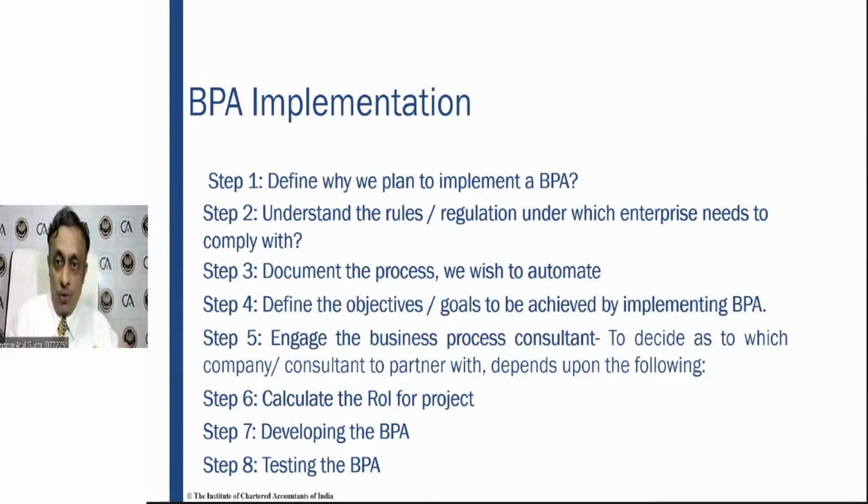Then there's another question. Okay, if quotation was issued, did someone in the company request the product? Was the product needed? So the purchase manager tells, yes, we got an indent from the stores or indent from the production. You ask for the indent. So you get the indent. Then you can ask another question. If you get an indent, then you can ask the production or the stores manager, okay, when you raised the indent for this product, what was the level of inventory? So the stores manager or production manager tells you that this inventory has reached its reorder level. So you check the reorder level in the system.